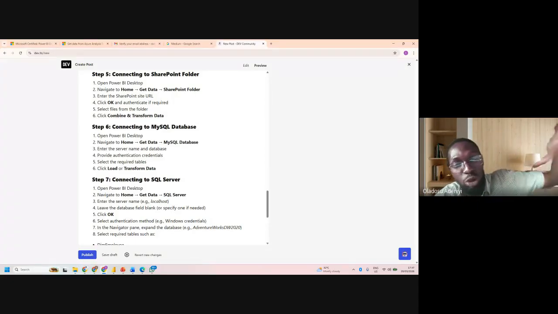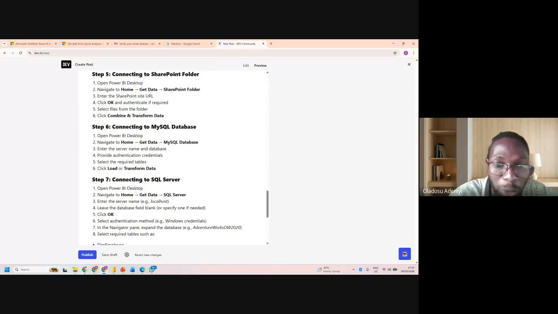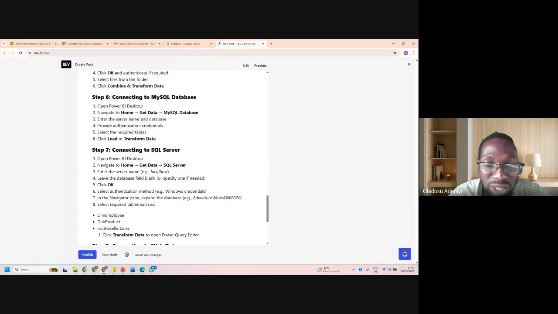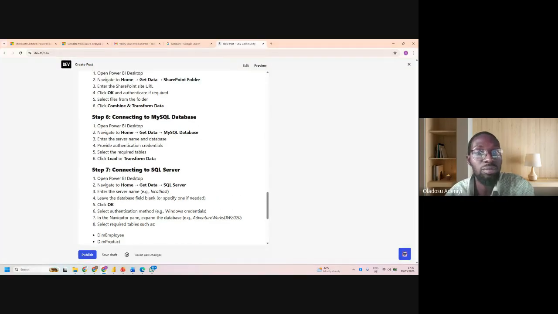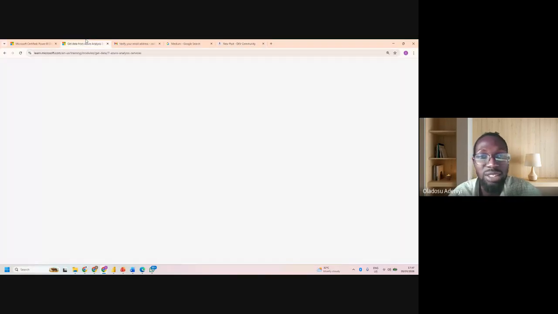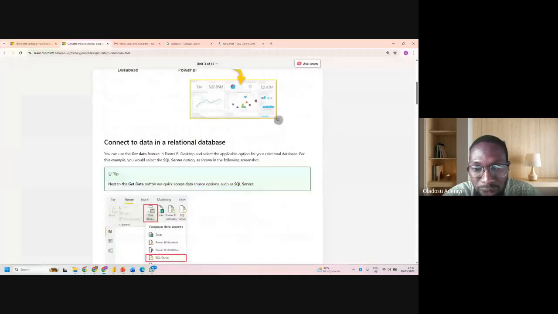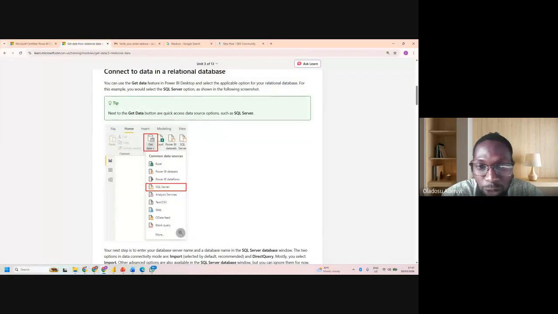Ensure you have MySQL or any SQL on your laptop. Do it for SQL Server. If you want to do it for SQL Server, it's not compulsory that you have SQL Server on your laptop. You can easily come to this SQL Server relational database here and take the screenshot. So this is the first thing: home, get data, SQL Server, right?